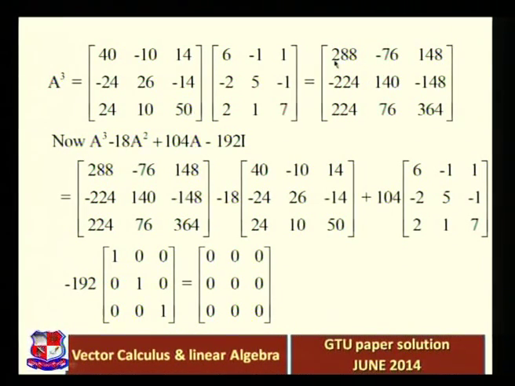so definitely you can easily multiply all these elements. So finally we have to check that A cube minus 18A square plus 104A minus 192 into identity matrix. Put all these values, and finally you will get this 0 matrix. It's quite easy, just summation of each and every coordinate, right? 288 and plus 104 into 6. These two are positive values for the first coordinate, and the negative values are 18 into 40, 192 into 1. So when you add these two terms, both are